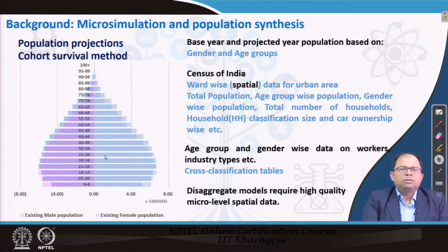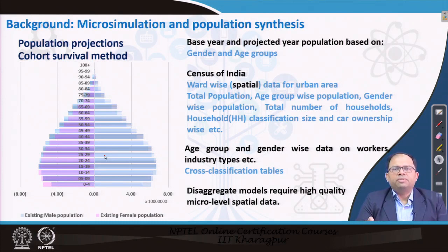This natural growth is also recorded, and along with that we also see the age groups of the migrant population, and how their birth rate or death rate will lead to addition or decrease of population. All of these are measured through the cohort survival method. One point that we can see is that we are breaking the population into different age groups and gender groups, and also into one group for the existing residents and one for the migrant population.